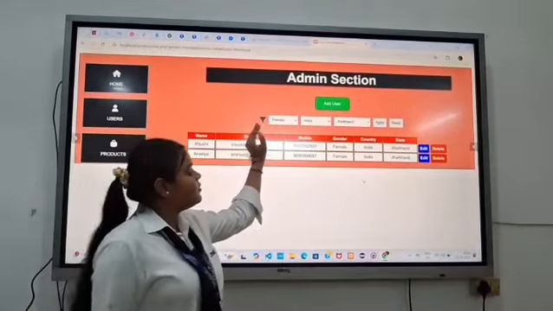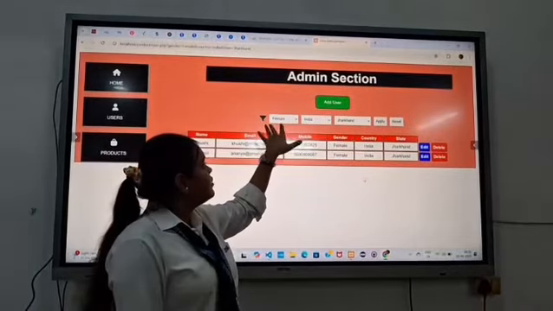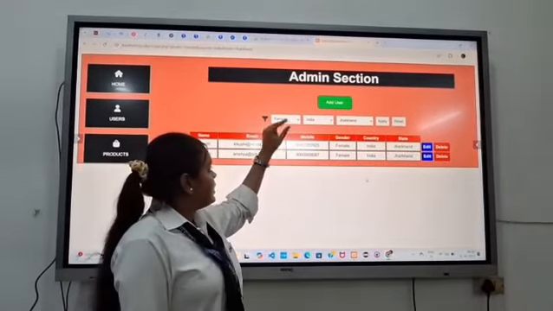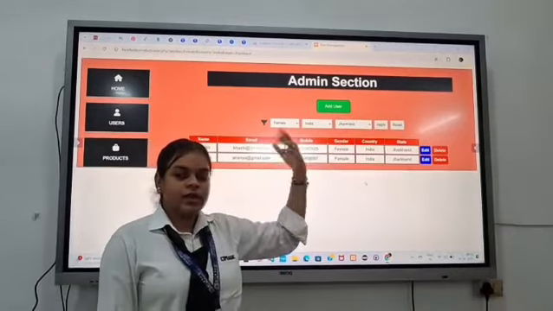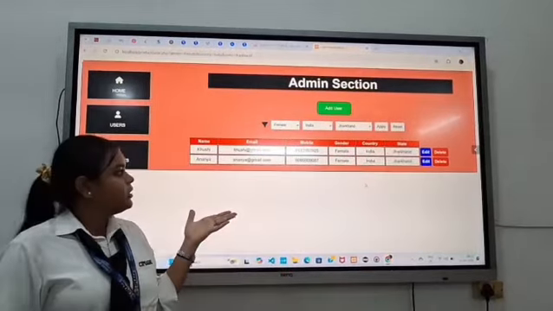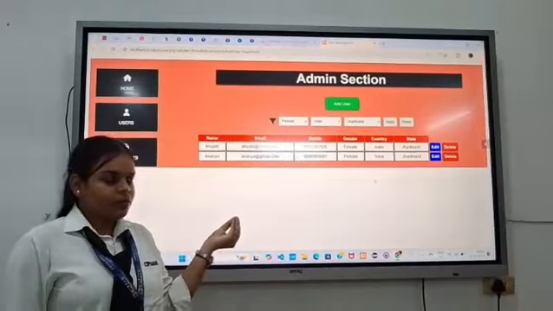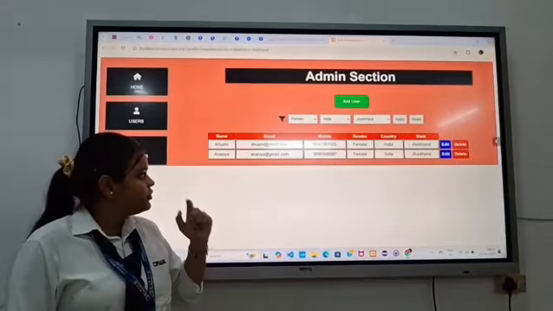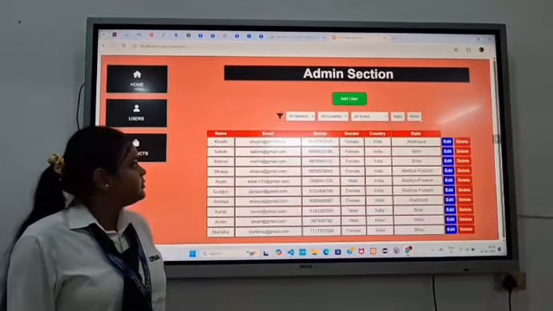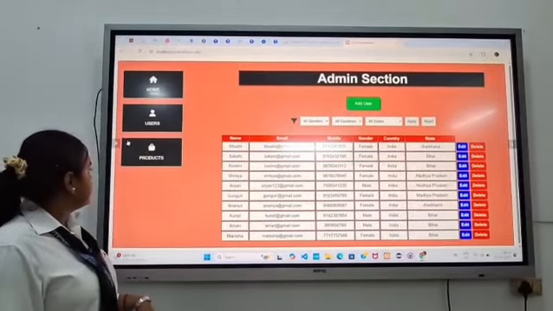This filter is actually a form, and whatever value we enter goes to the backend, where it performs a select query and merges all the where clauses using the AND operation. Now we will click the reset button and it comes back to the same thing.